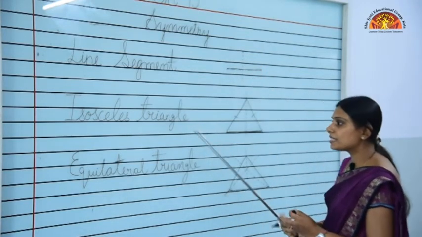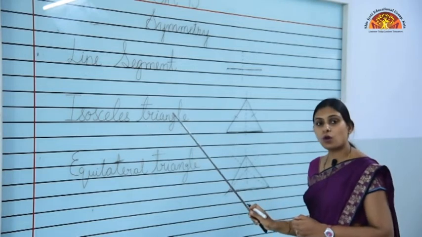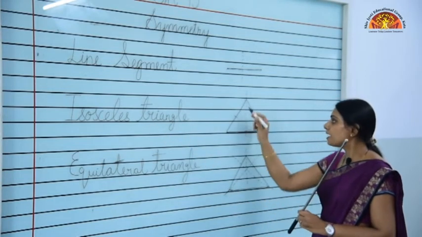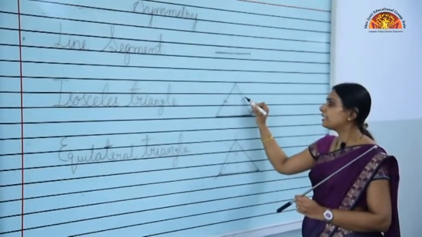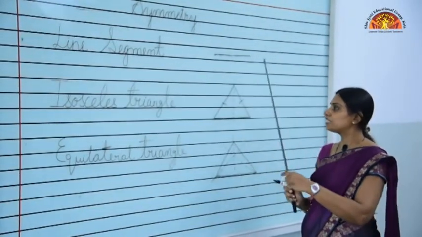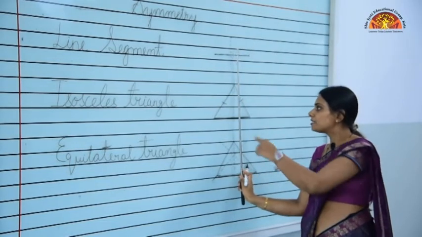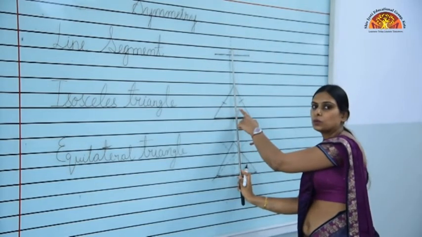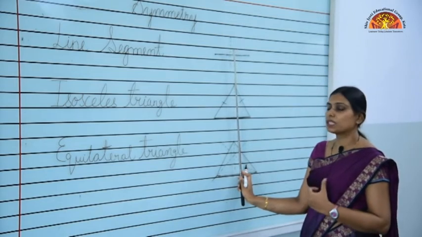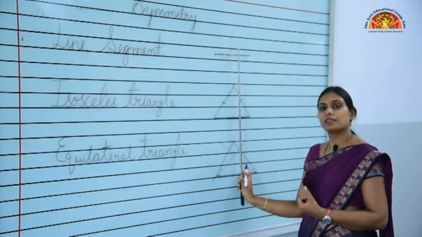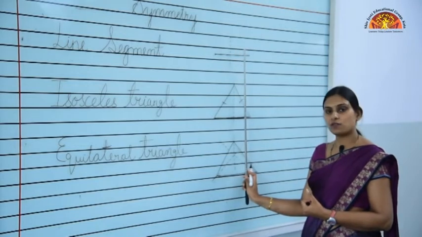Okay. If you are just considering the isosceles triangle, as I have already told you, so this is an isosceles triangle in which the opposite sides are equal to each other. If we are dividing it vertically, you can see that this part is equal to this part. It is divided into 2 equal parts. So in case of isosceles triangle, there is only one vertical line of symmetry.